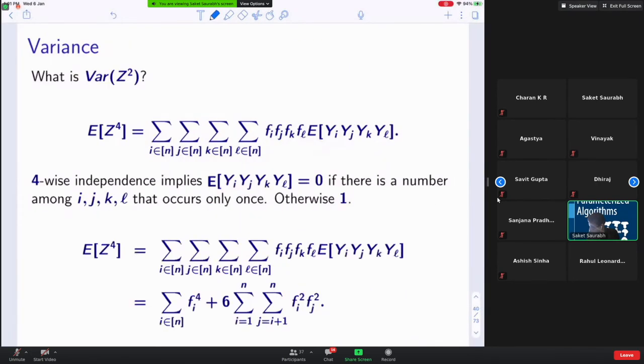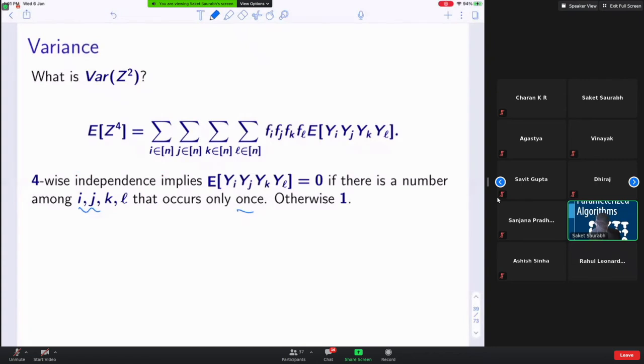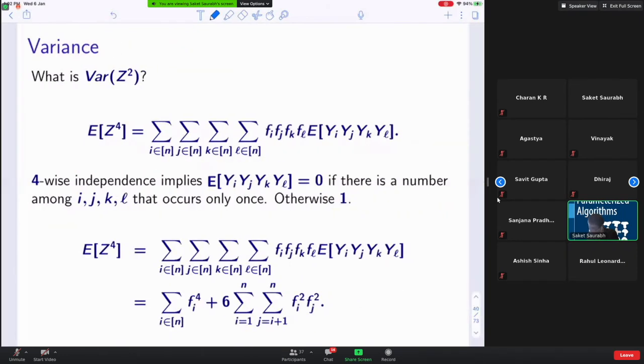So now what I mean by this is that the terms which survive here are those where Yi, Yj, Yk, Yl, like i equal to j equal to k equal to l, will survive, or two of them are equal, like i equals j and k equals l, or i equals k and j equals l, and so on and so forth. Agreed? Now let's count how many such terms there are. So all the others get cancelled. Who survives? i equal to 1 to n, fi to the power 4 will survive, because the expectation of something is the same, right?